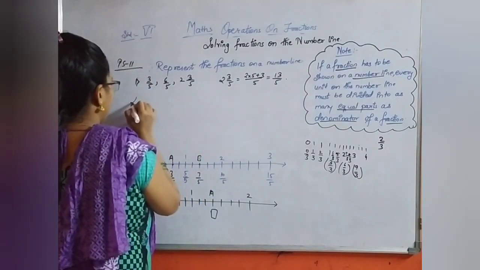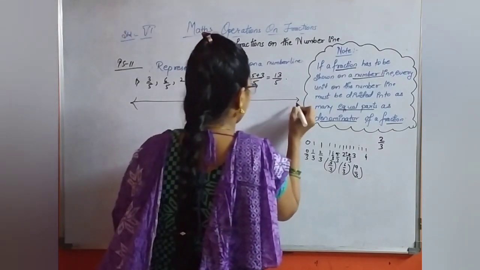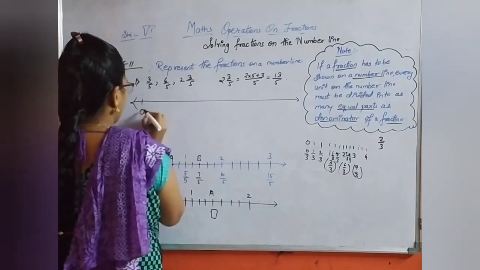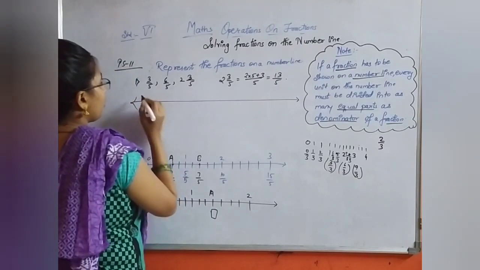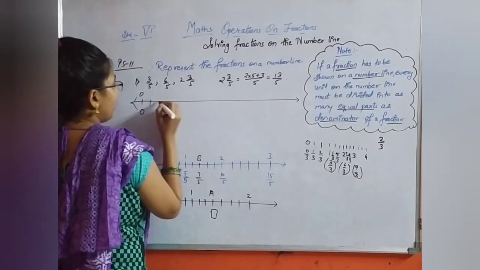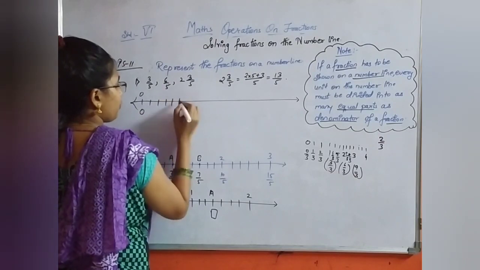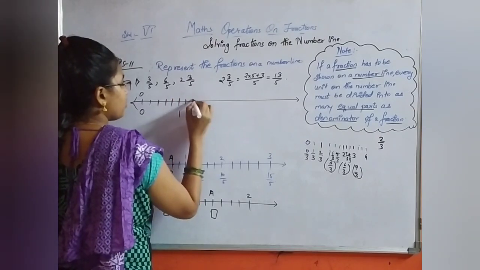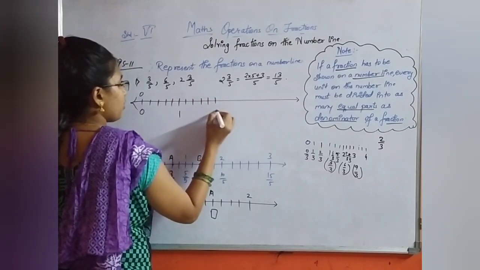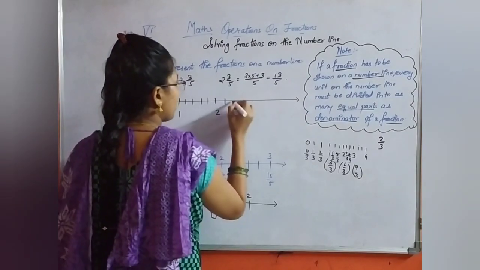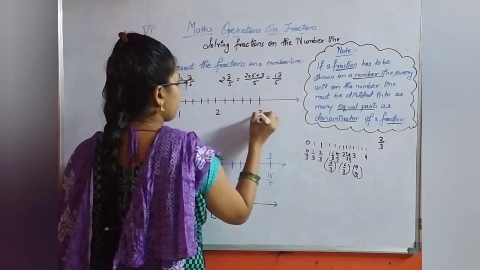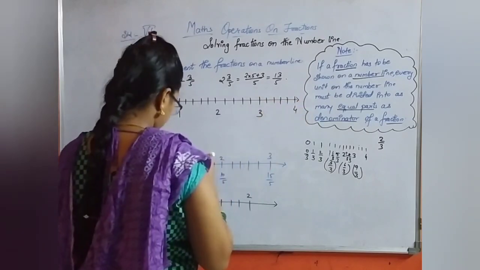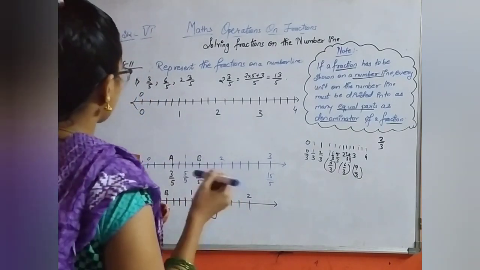So now I will draw a number line. You can see the denominators are 5, that means all are positive. So I will plot my 0 over here. Origin is 0. So 1, 2, 3, 4, 5. The fifth part is 1. 1, 2, 3, 4, 5. 2. 1, 2, 3, 4, 5. 3. 1, 2, 3, 4, 5. 4. Now the first one is 3 upon 5.